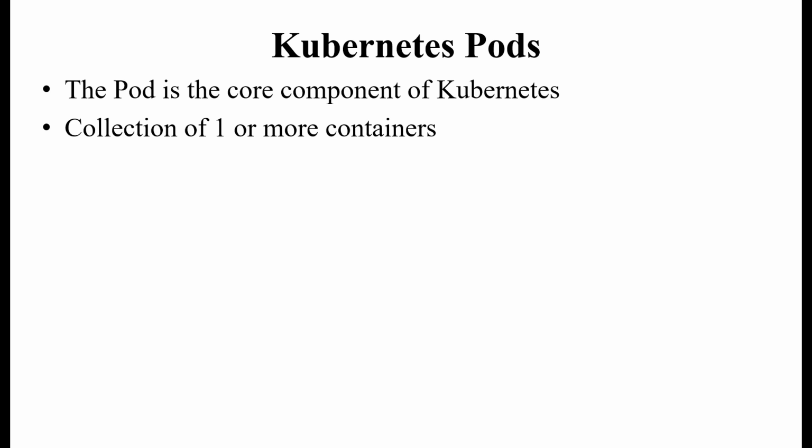These two containers we were launching with Docker Compose. From the Kubernetes point of view, those two containers, the database container and our WordPress application container, we can group and launch as a single pod. That means the pod contains a collection of one or more containers,